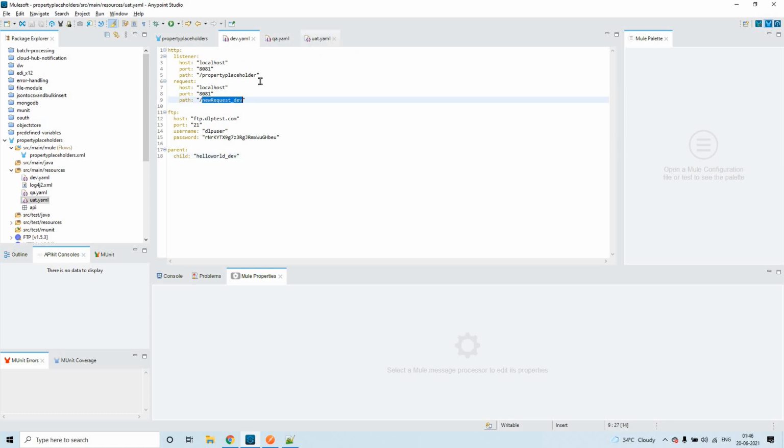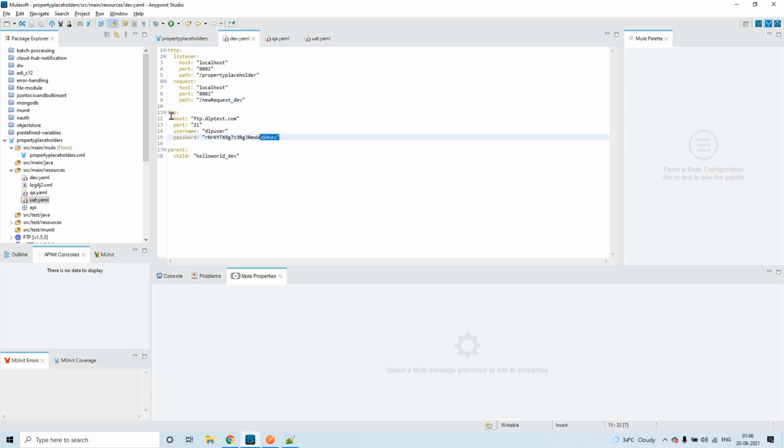This is how I'm changing the details among the environments. Let's assume these are the parameters that will change once you deploy your application to CloudHub in the real-time environment.